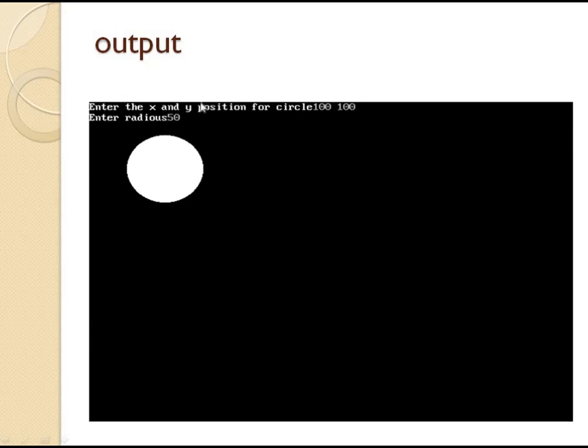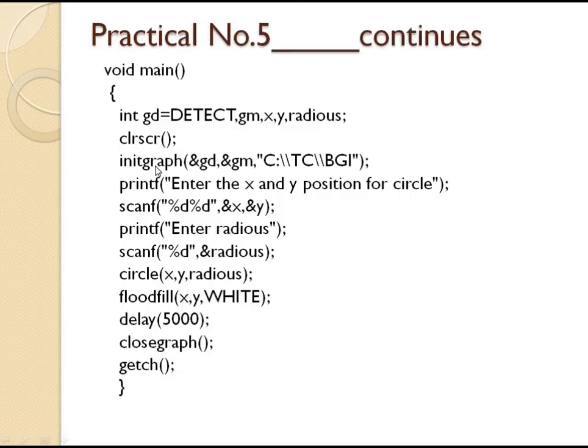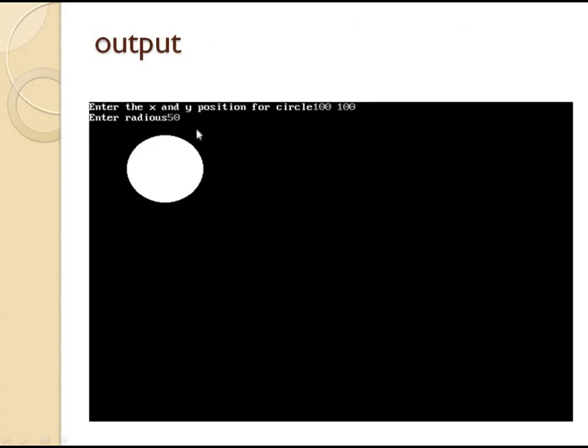These 100 and 100 values go to scanf, and we get the output. Then the x and y coordinates and the radius go to the circle function, and by using this flood fill algorithm we fill the white color, and the border color is also white.